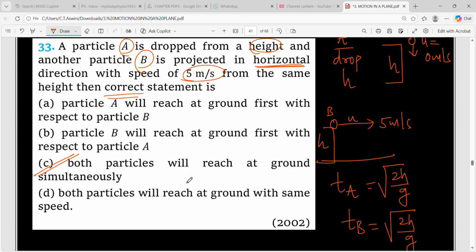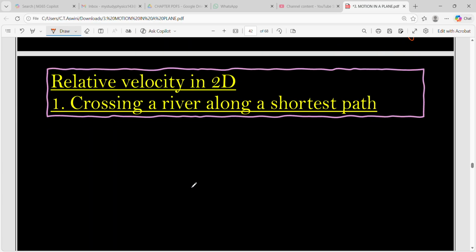And in the next part, we will move to a very important concept in 2D motion, that is relative velocity in 2D. We have discussed relative velocity in 1D, right? And in the next class, we will see relative velocity in 2D. This is very important because this concept will help you analyze the motion when multiple objects are moving simultaneously, which is again a very important topic for exams. So make sure you are comfortable with today's concepts. Practice the problems that are available at your end, and I will see you in the next session